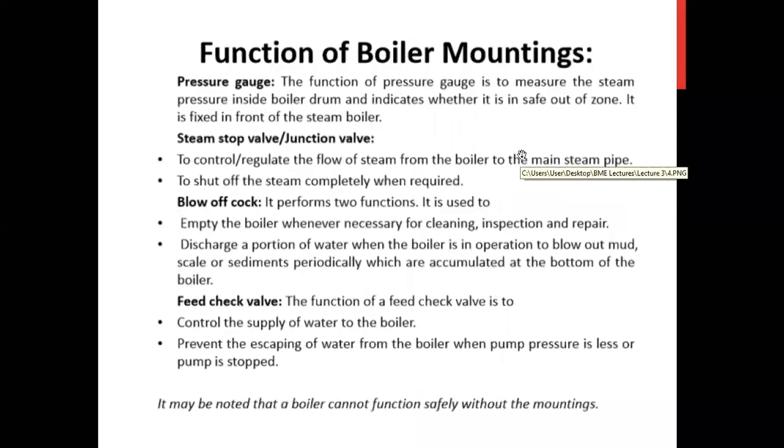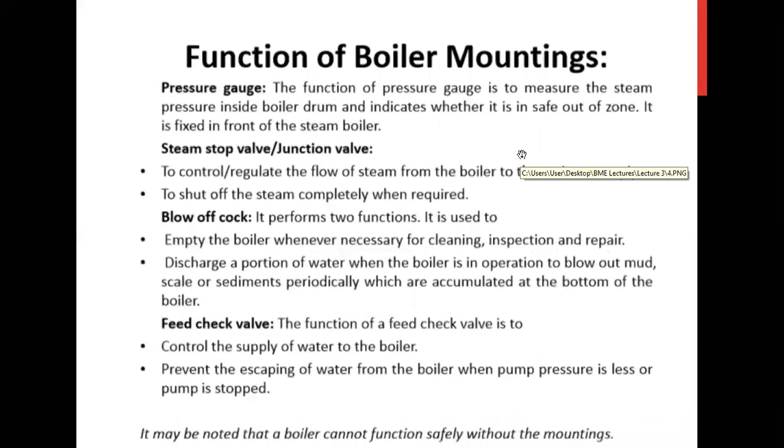The pressure gauge, we all know that. What does gauge mean? Gauge is a meter. Okay, so the pressure gauge is basically used to measure the pressure of steam inside the boiler, what is the current pressure of that boiler. To measure that, we use a pressure gauge, and you can understand that the pressure gauge should be established inside the boiler, because without being inside it cannot measure the pressure. So that's why it is also a boiler mounting.